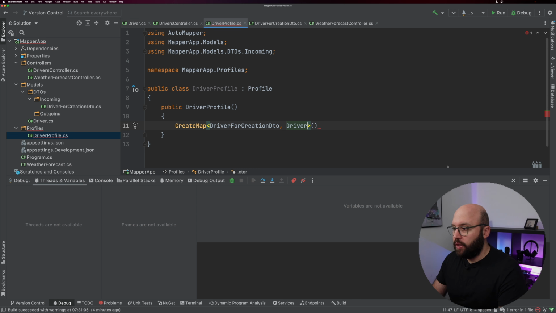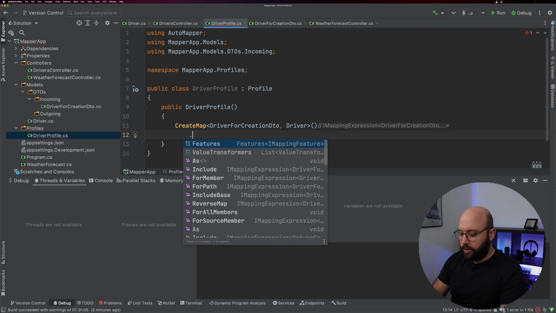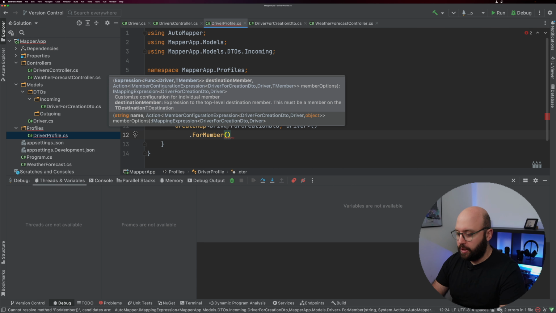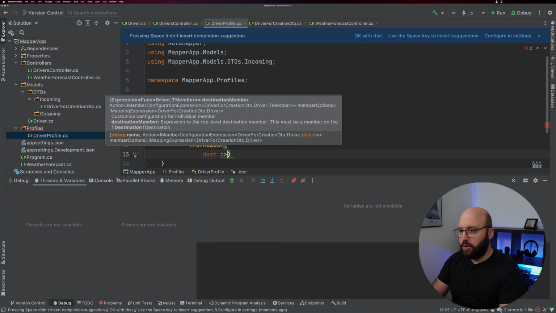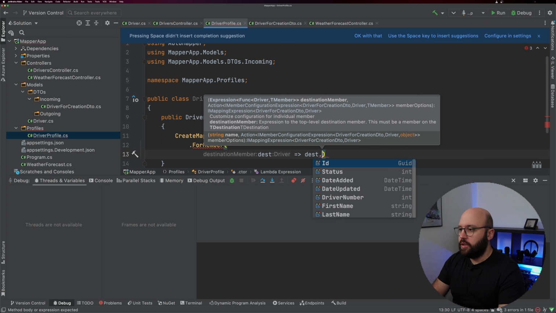Once we have done that, now we can start the actual mapping, and we'll put here .ForMember. Let's fill it up and then we can explain it. We're going to say the destination is going to be dest.Id,